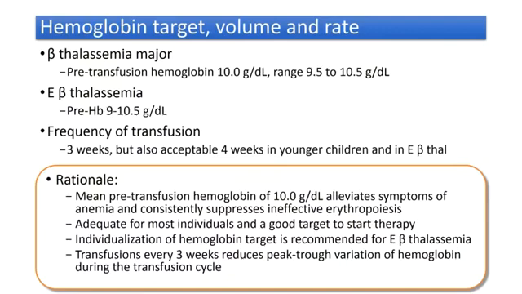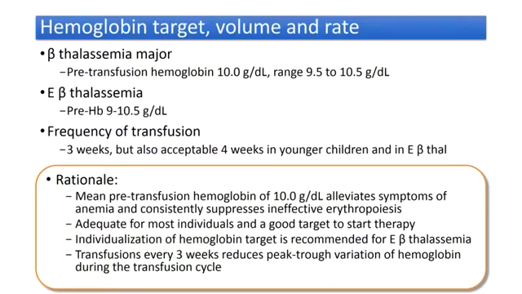What are the recommendations for target pre-transfusion hemoglobin, volume, and rate? In beta thalassemia major, we recommend that the pre-transfusion hemoglobin be maintained at an average of 10 grams per deciliter, with a range of 9.5 to 10.5 grams. In E beta thalassemia, the range is wider for reasons previously mentioned, and the frequency of transfusions we recommend in